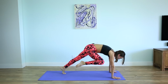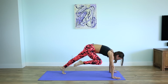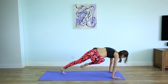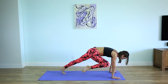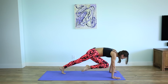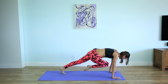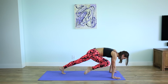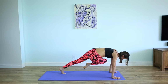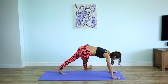Stay here for a moment, activate the core, press the floor away in your upper back. Inhale and exhale, reach the right knee towards the left elbow, and then back to right, and then left. Two, three, four, five, six, seven, eight, nine, ten, and step through your foot to the left side of the room,